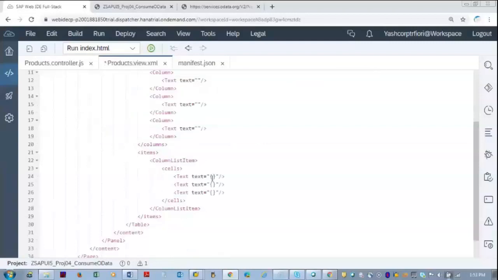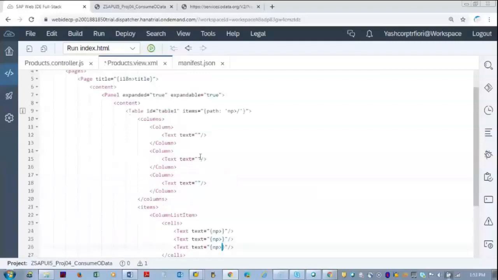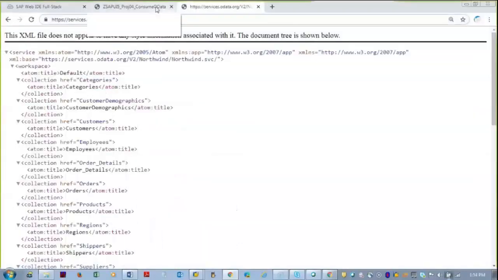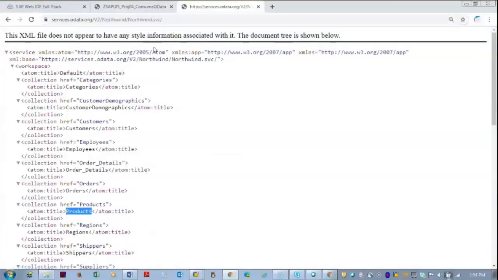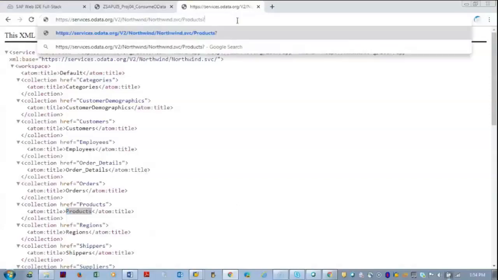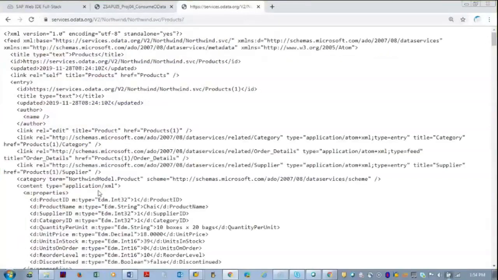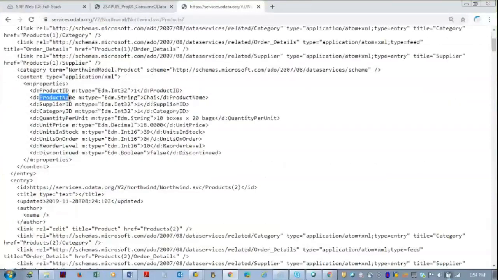There's a shortcut added, so that's how I'm getting the values. NP, NP, NP. So let us have the product ID, and what other things we have for the Northwind products. Let's see. Product ID, we can have product name and we can have price.